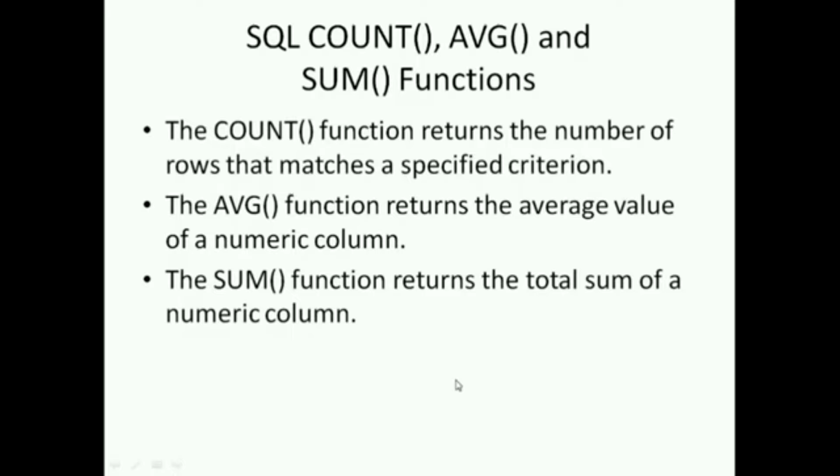Now if I write average of age, so it will take like sum of all the ages and divided by the number of rows, so it will return the average age whatever present in the column. If I use the sum function which returns the total sum of the numeric column, अभी sum of age लिखा तो जितने भी age है सब add करके मुझे एक sum मिलेगा।